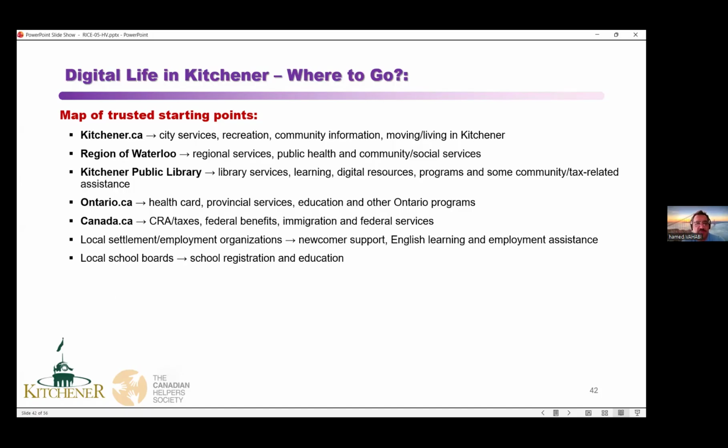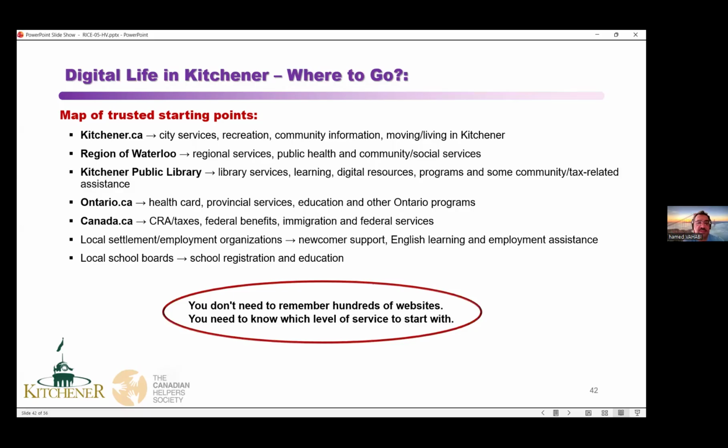We'll look at them shortly, and then we have local school boards, school registration and education, which is separate from regions and city websites. So you don't need to remember hundreds of websites. Rather, you need to know which level of service to start with. Like I said, we have city service levels, regions levels,